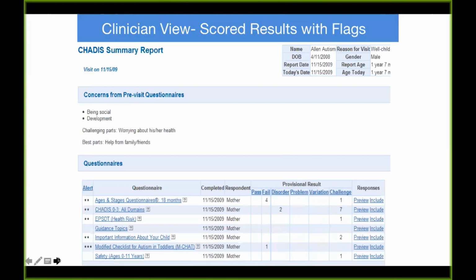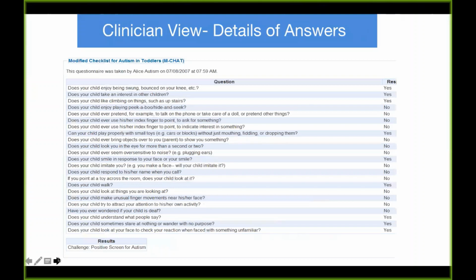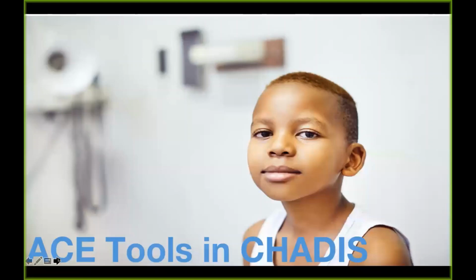And then below that, you can see the other questionnaire results with the asterisks on the left showing the severity of the answers in this particular case. So there you see the MCHAT with 3 stars. That's because the child failed the MCHAT in this case. So it's easy at a moment's glance to see which things you should be paying most attention to during the visit, both the parent's chief concerns and the questionnaire results, so things don't get missed. And in every case, the clinician can click a link and see the actual questions that were asked and answers that were given that they may want to review with the family.